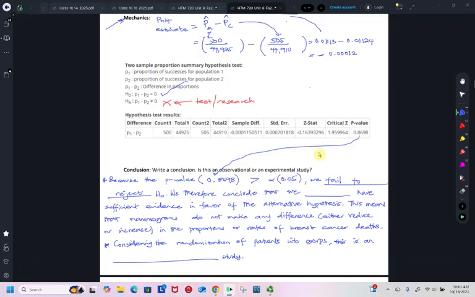So we therefore conclude that we do not have sufficient evidence in favor of the alternative hypothesis that we wanted to test. This means that mammograms do not make any difference. That is, since the proportion of deaths in the mammogram group and the proportion of deaths in the control group seem to not be different from each other, they're about the same. It means that taking a mammogram test does not really make any difference, either reducing or increasing the proportional rates